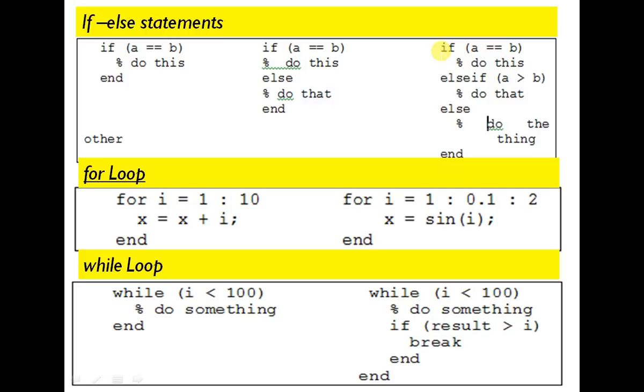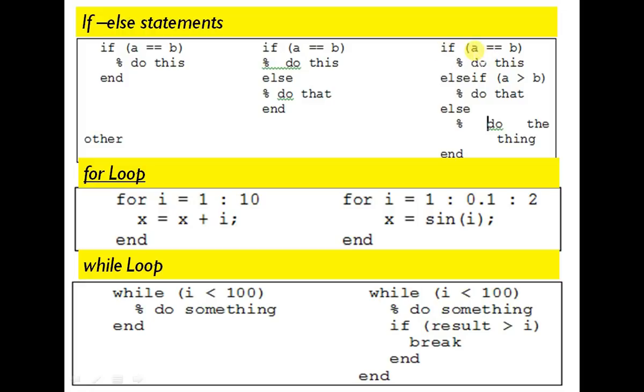Now if we have to compare more than two conditions at a time, say we compare two numbers, either the numbers are equal, or one is less, or one is greater. There is a possibility of three conditions arising. So like that, conditions we can put with the if statement.